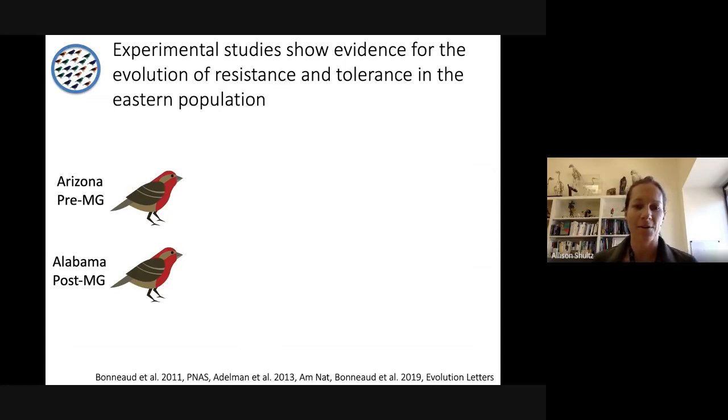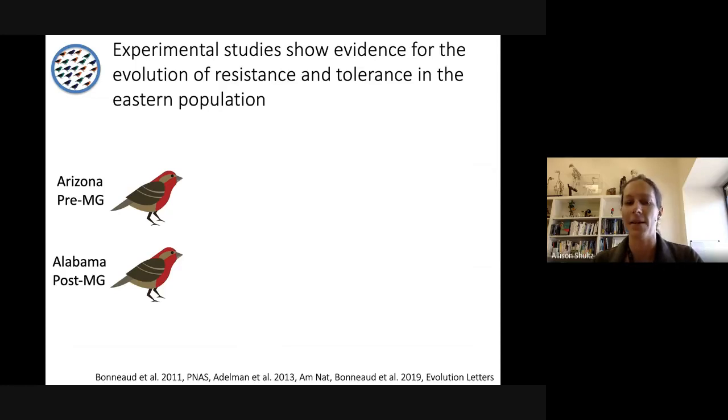And so, I'm not the first person to study this system. There are a number of researchers, especially at Cornell, and my PhD advisor, Scott Edwards, and his collaborators have studied this system and have shown experimentally that there's evidence for resistance and tolerance in the eastern population. And that means a population that had been evolving with the disease for some time. So, for example, they took individuals from Alabama that had seen the disease for about 10 years